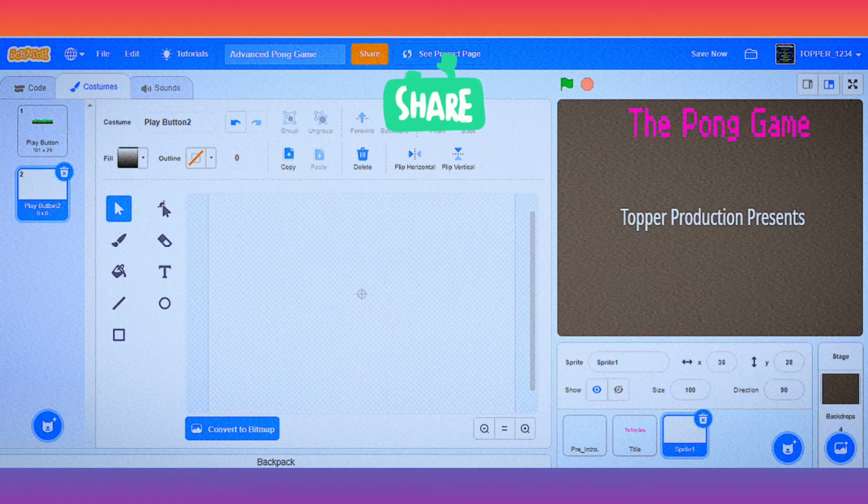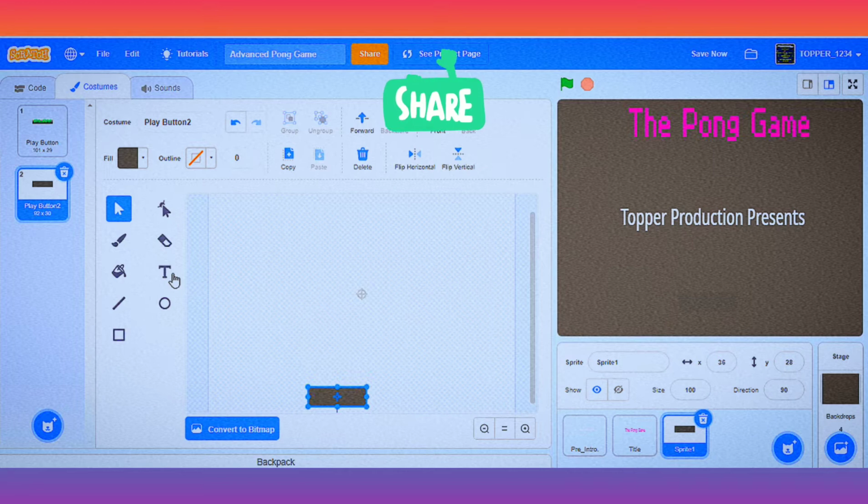Now I'll paint another box. Yes, I painted this pretty much similar to our backdrop. Now I'll place it and resize it. Yes, that's okay.